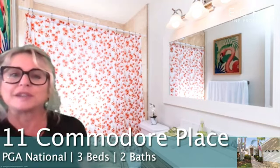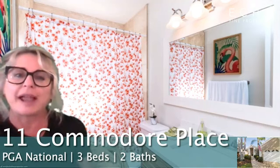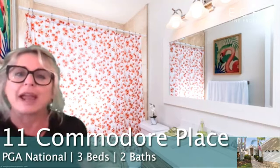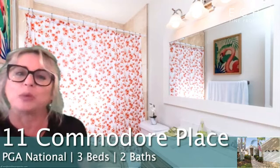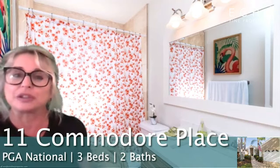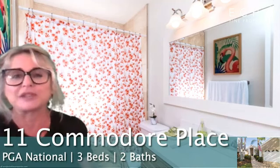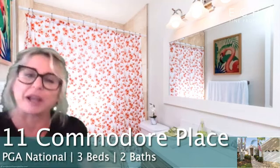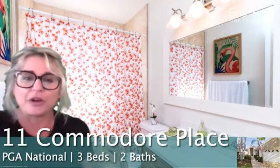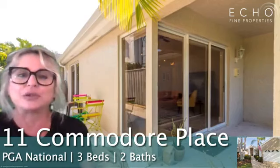And here is the second full bathroom, again with the quartz top and new vanity. And behind the shower curtain is a window, which is really great because that opens up to the eastern sunlight, which is in the morning, and provides for great light within the bathroom and also down into the hallway of the home. Let me take you outside to the